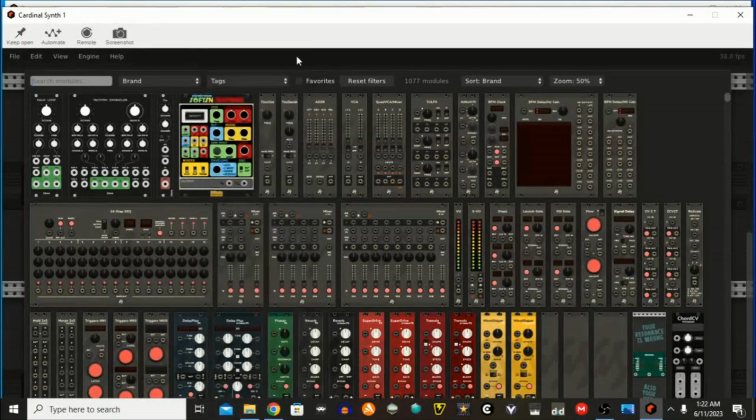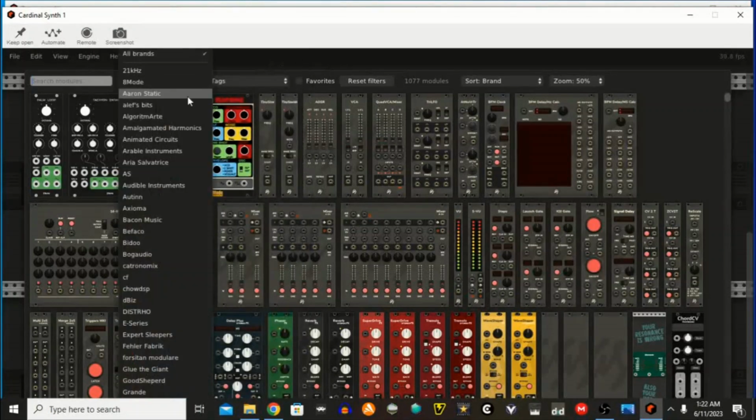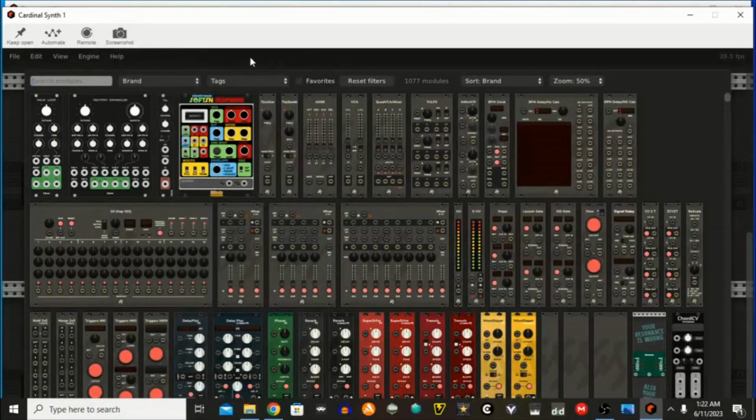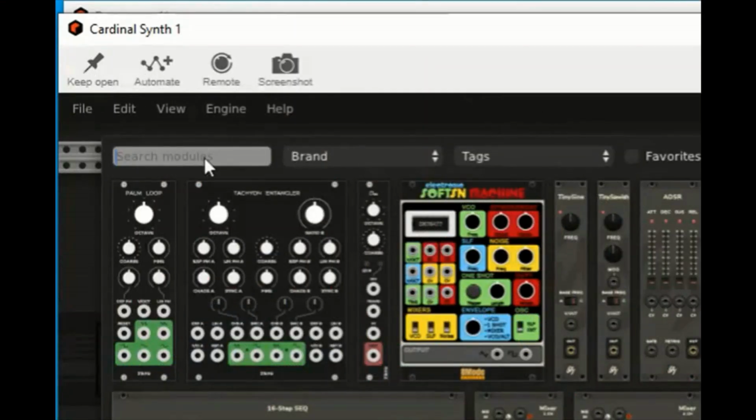You can also narrow the search by doing a brand as well. If you know what brand you're looking for, you can select the brand. Or you can just go right here, which I recommend using. Don't do the brand, but do the tag. And you have a search right here. If you type in anything that you are looking for, such as an audio out, because that's the first thing we need. So on here, click